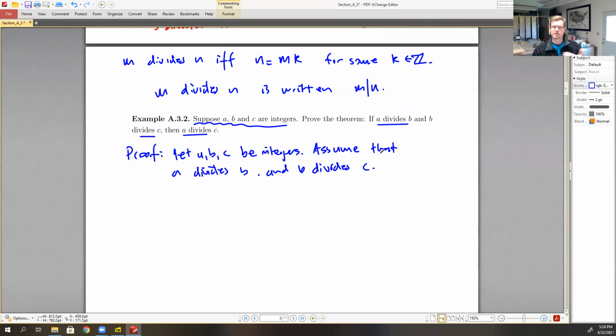So that is the premise. We're assuming that the premise is true. Why? Because when the premise is false, the implication is true, so we don't have to worry about those. When we want to show that the implication is true, we start by assuming the premise is true, assume that